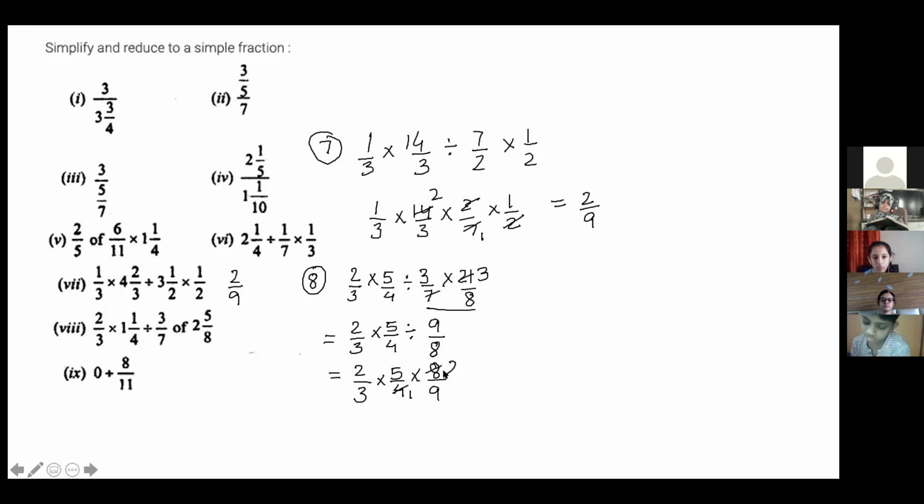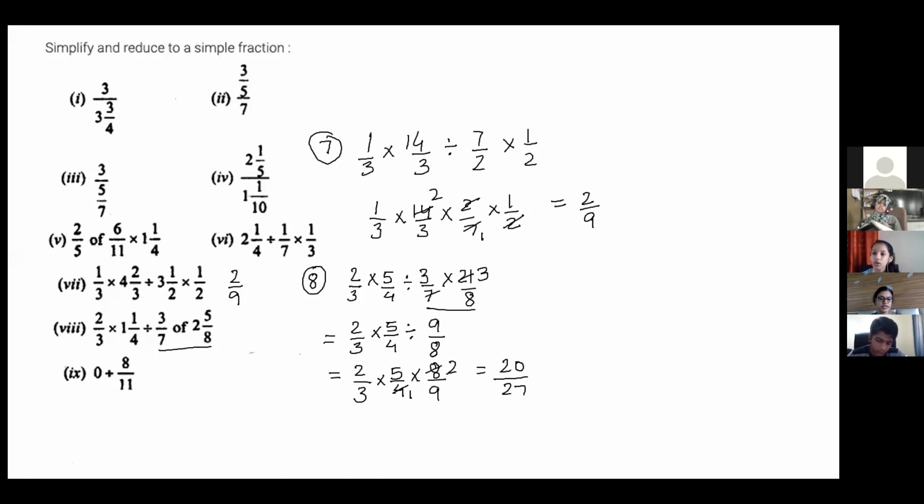Ma'am, is it 2 by 9? It is 20 by 27. See, you have to solve 3 by 7 of this thing first. I am doing the seventh one's answer. Seventh one is 2 by 9. Ma'am, 20 by 27. Yes. Even I got 20 by 27. Rest everyone, please check my answer also, because I can also make a mistake. So all of you solve it in your notebook and see if you're getting the same answer or not.